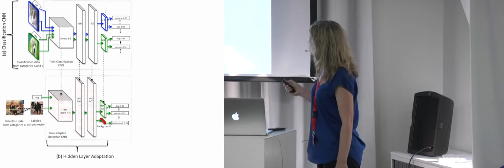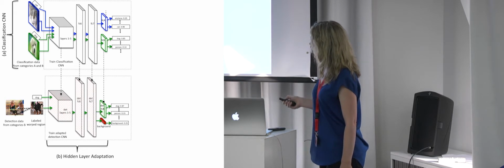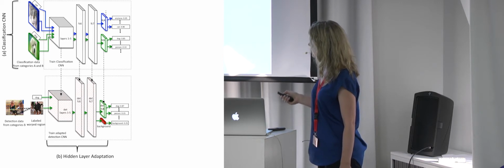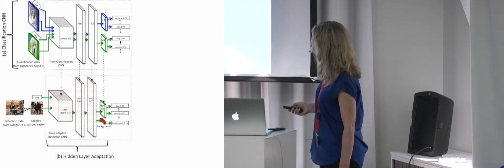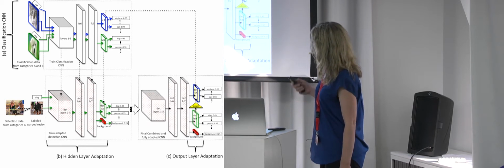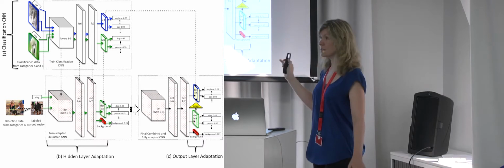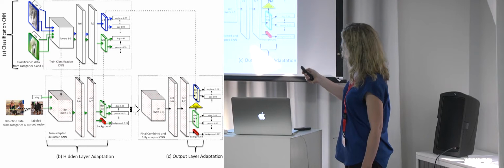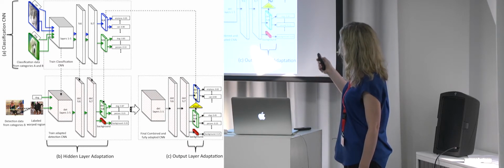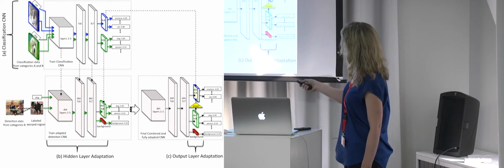So, all right, the only difference is that we're fine-tuning and changing the values of all of these neurons, plus we're learning a new background output node. Now the last step is very simple. We just take this output layer from the classification network, just the way it is, and we plug it in here to this network.